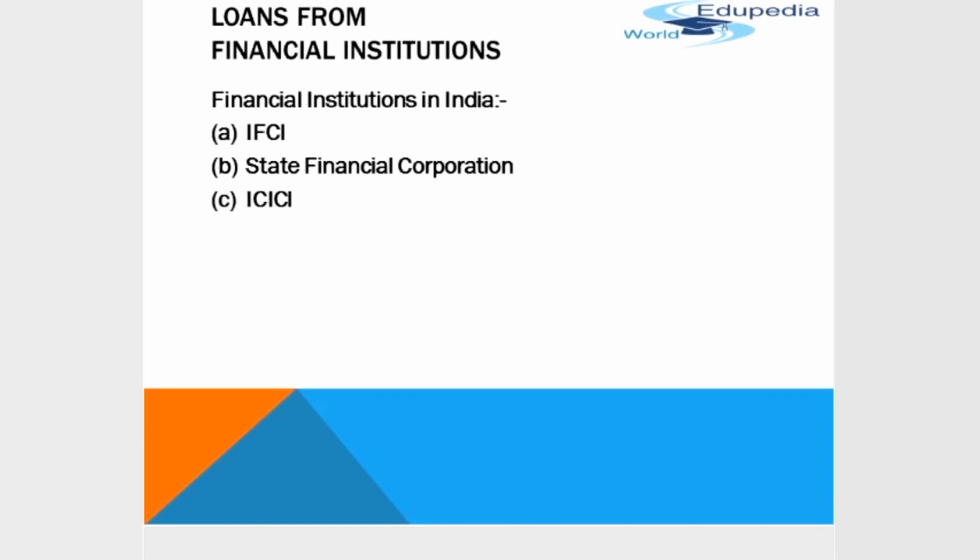Another is ICICI, Industrial Credit and Investment Corporation of India. This was established in 1955 to assist creation, expansion and modernization of industrial enterprises exclusively in the private sector. So they are meant for private sector funding only. Another institution is IDBI, Industrial Development Bank of India. It was established in 1964 to coordinate activities of other financial institutions including commercial banks. This institution performs three types of functions, namely assistance to other financial institutions, second, direct assistance to industrial concerns, and third, promotion and coordination of financial and technical services.